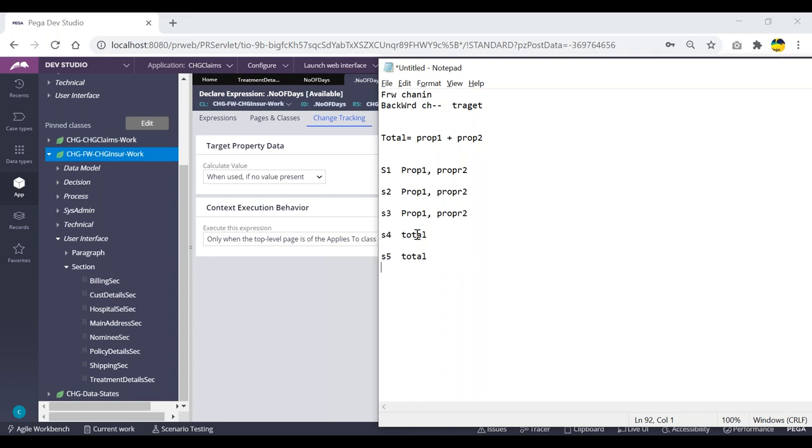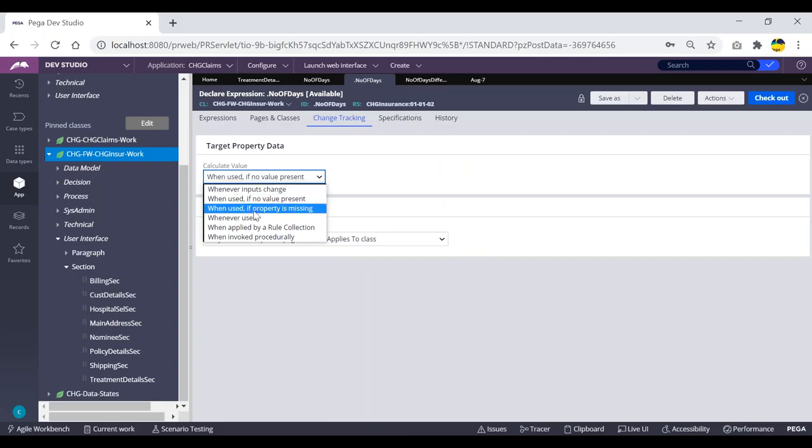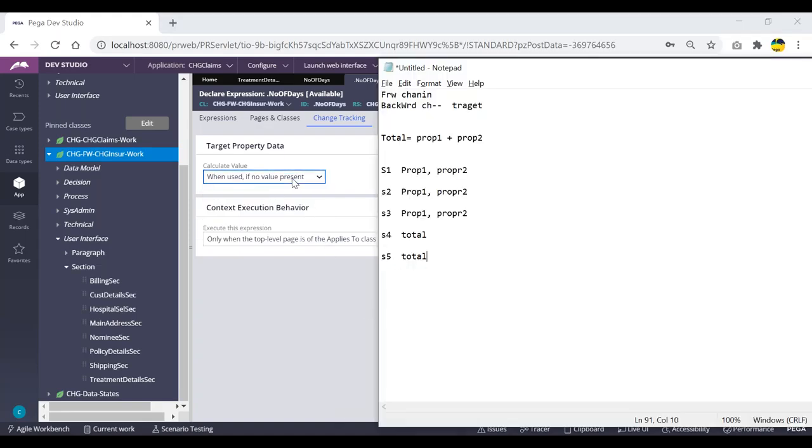So the thumb rule here is wherever we are making this target value used and if there is no value present in the clipboard, then the declare expression rule will be executed. Okay, so this when used will not be mostly used, mostly we'll make use of this in forward chaining only. So this is just for your information. So when used, if no value is present,